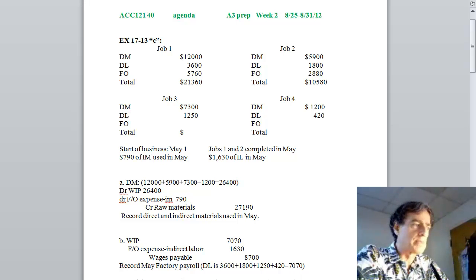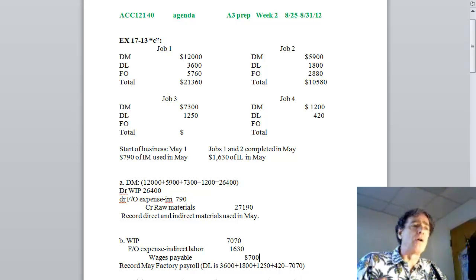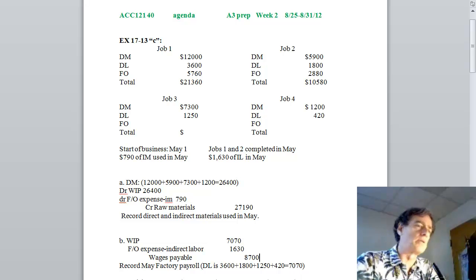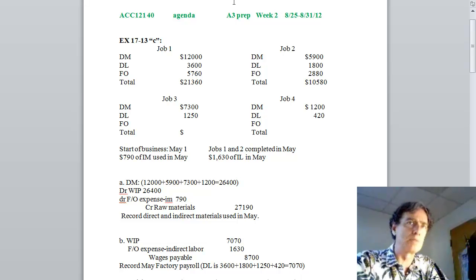And in chapter 16, when we went through the different cost elements, IL is one type of indirect factory overhead. So we add it to the factory overhead pool. Credit wages payable for all wages paid to factory personnel, which is direct or indirect labor only, and then the checks will be issued later, and then you would debit wages payable and credit cash, but you don't have to on this exercise. So where you get the big bucks is on entry C,